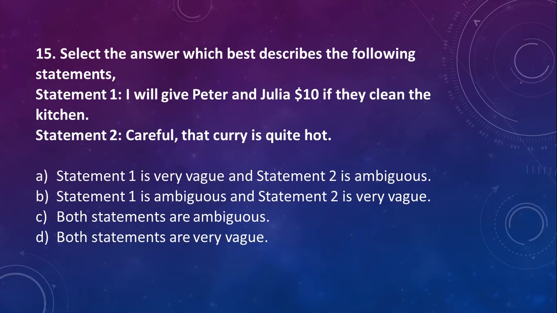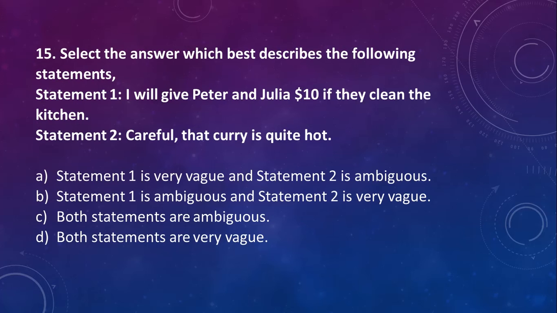Sorry, a question over here, yeah. So would the reading of statement 2 be vague still? Potentially vague, but quite hot. So it's clear enough that what you're saying is that it's a sort of amount of hotness that would be unpleasant or that you should be careful about. I think that's clear enough to give you concrete guidance in the situation, and therefore not so vague that you're just like, I don't know what you're talking about. Yeah?